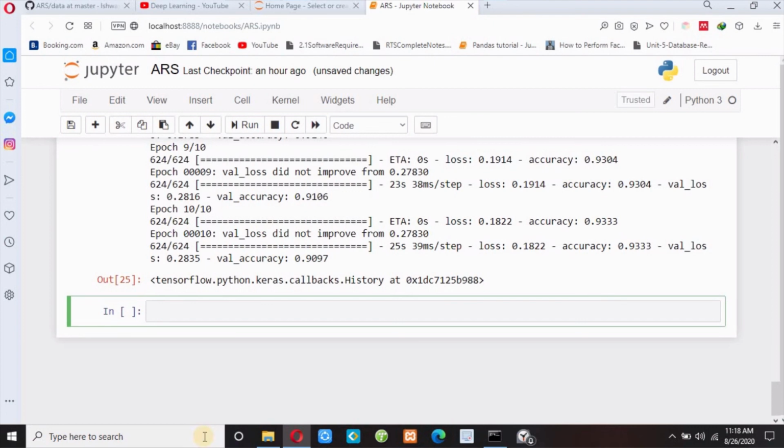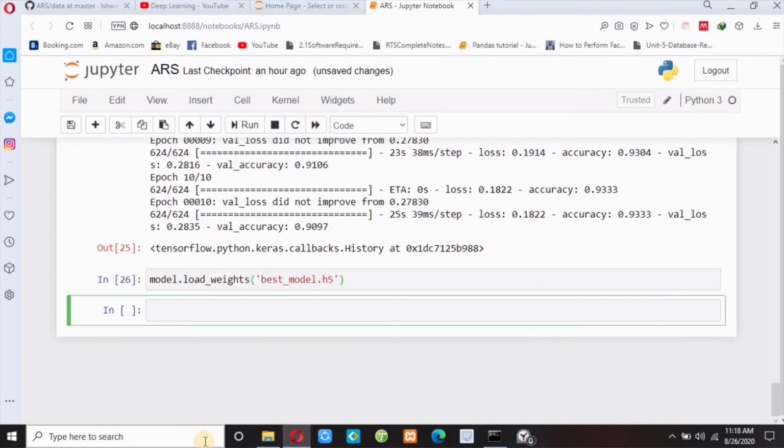Now guys, let me load my model. So model dot I need to load my weights, so load_weights, and my model name is best model, and h5 is our extension. Let me execute this cell, and guys, let me write calculate test accuracy.